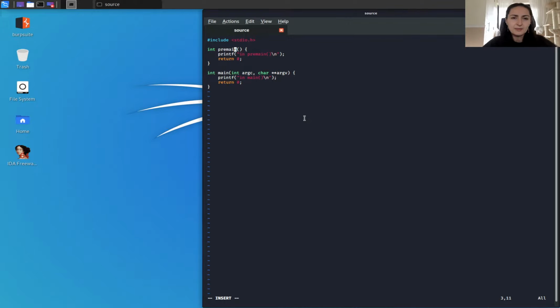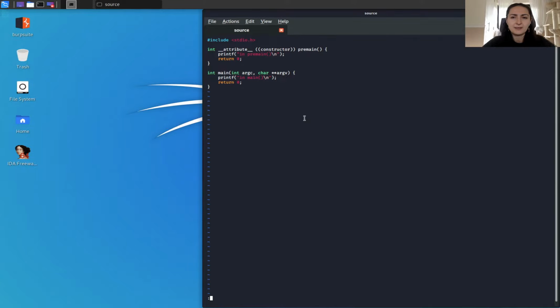At this point, we need to tell the compiler to treat the first function as a constructor, right? So we will do this using the underscore underscore attribute underscore underscore tag. Here we have it, looks fine.